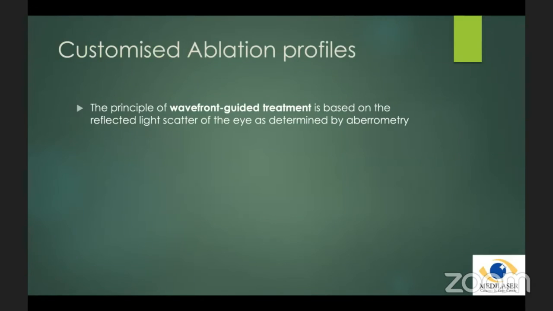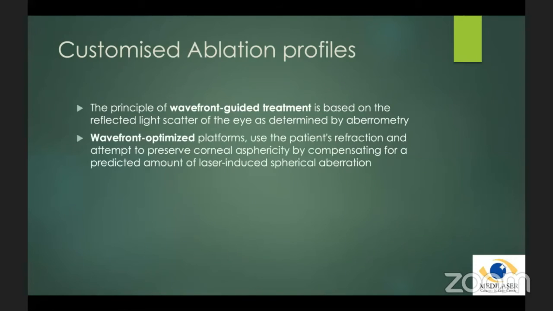The first generation was wavefront guided treatments, wherein aberrometers are used to measure the higher order aberrations of the eye, and we tried to correct not just the refraction of the patient, but the measured higher order aberrations. But the results were not as fulfilling because an eye has its natural set of aberrations. And now what we commonly use are wavefront optimized treatments. That means that we are not correcting the pre-existing aberrations of the eye, but we are ensuring that our treatment is not increasing these aberrations drastically.